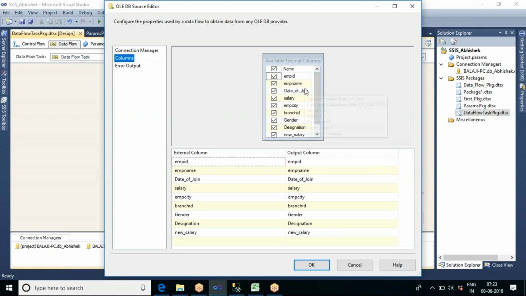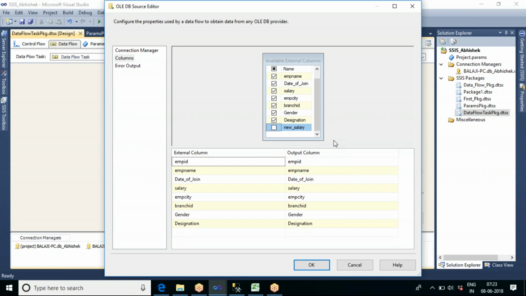And if you think that some of the columns are unnecessary for your calculation or for your next steps, so in the next steps you are doing, let us say, some aggregation or any other logic like a conditional split or derived column, and if you think that some of the columns I am unnecessarily passing in your SSIS package, we can remove those columns.